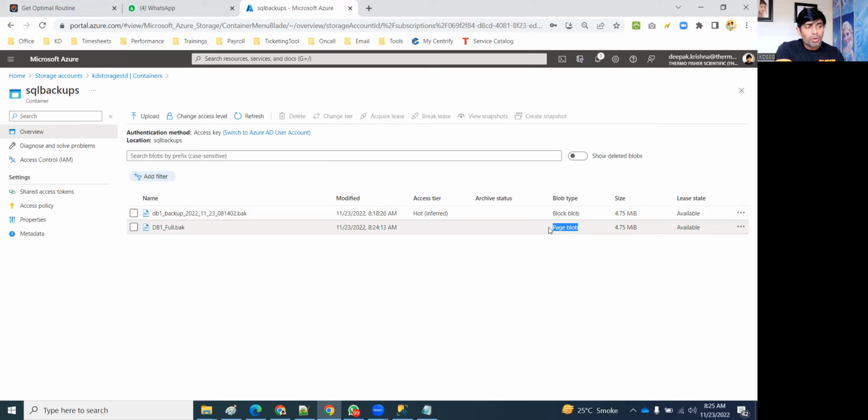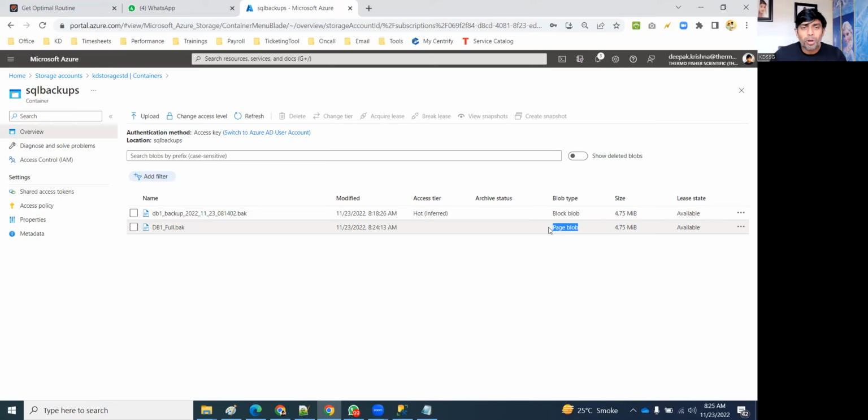See, now there's a page blob with a backup file, a BAK. So page blobs need not be virtual machine files only. Even if you're uploading a video, you can upload it as a page blob. It's your choice. The only condition is that your page blob should be 512 bytes aligned. If it is 512 bytes aligned, no problem. So there is no hard rule that page blobs must be VHD files.